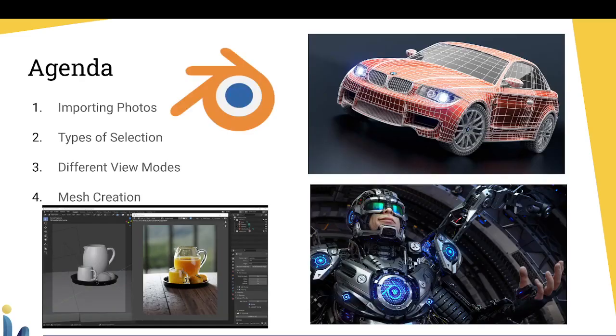On today's agenda, we are going to look at mesh creation and how you can model stuff in Blender after a given reference. And so with that, we're going to go over importing photos, types of selection, different view modes, and then mesh